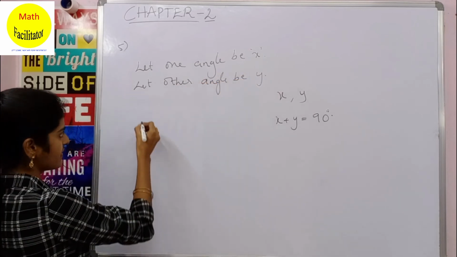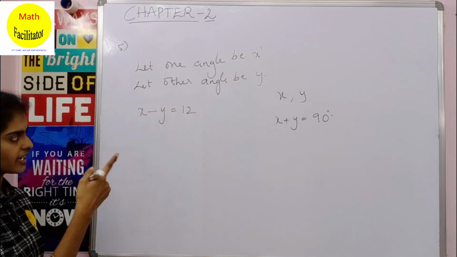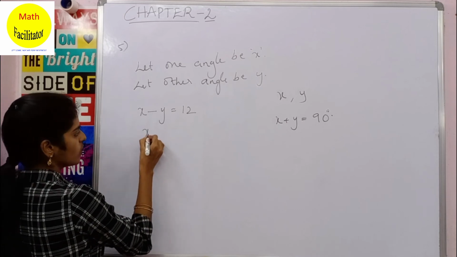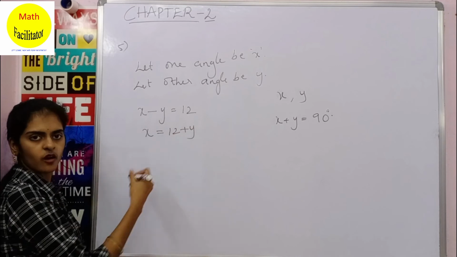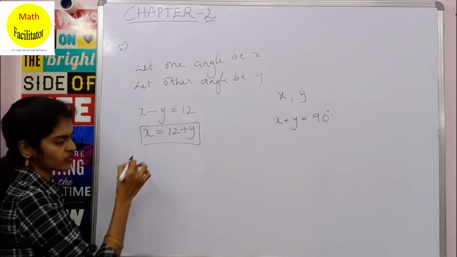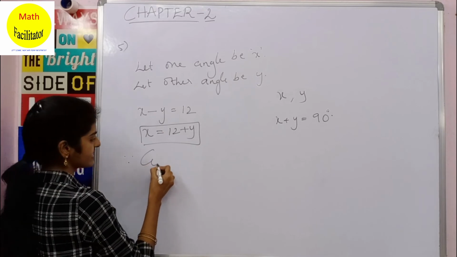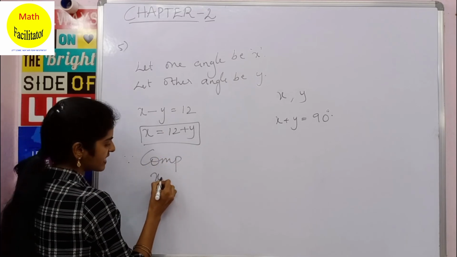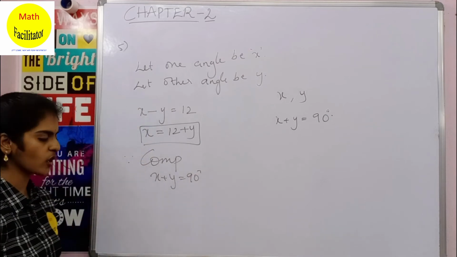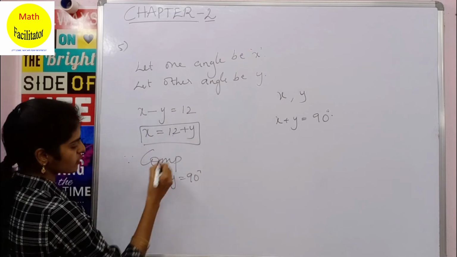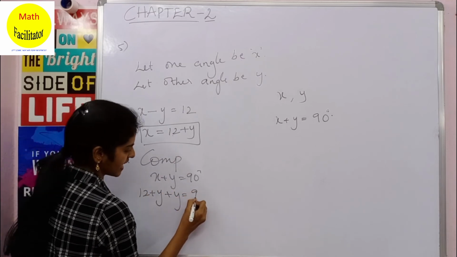Okay, but it is given that x minus y is what? It is 12. They differ by 12 degrees. Okay, so what is the value of x from this? X is 12 plus y. Okay, so we'll write x as 12 plus y. Now we know that since they are complementary angles, x plus y is 90 degrees. This you have learnt in your class 7. Okay, so x is nothing but 12 plus y. So 12 plus y equal to 90 degrees.